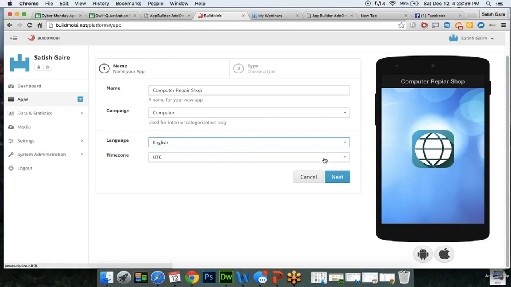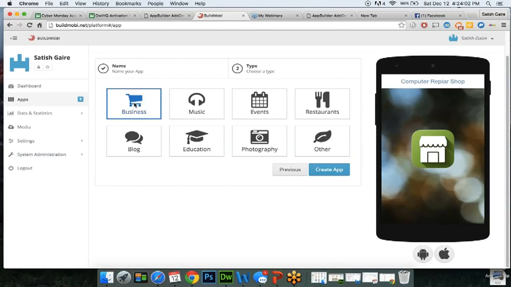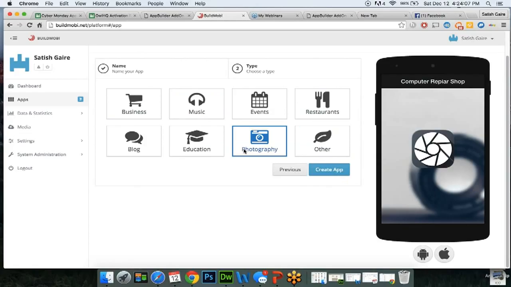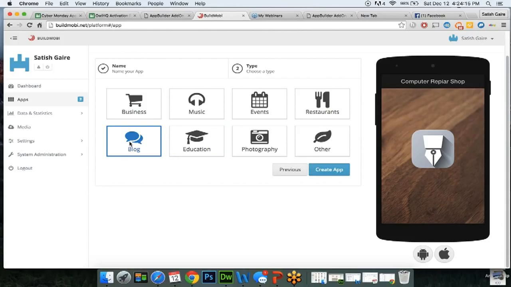You can select your time zone. I'm just going to leave it default. Now take a look. Now it's going to ask you the type of app. Now, it doesn't really necessarily mean you have to build that kind of app. What it does is, depending on what you choose, it's going to show you modules, widgets that are related to that specific kind of business. So if you click on business, music, events, restaurants, it could be anything. Photography, education, blog. Let's say, if your customer wants to turn their WordPress into an app or mobile site optimized,